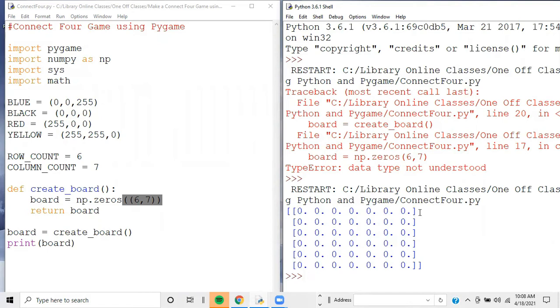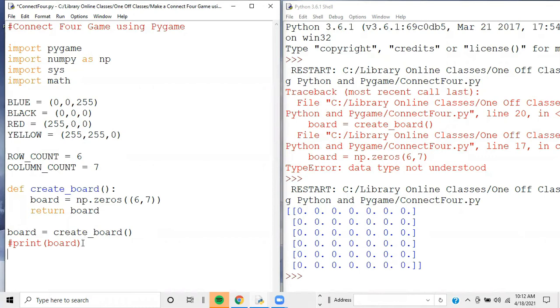So you can see our board is laid out this way, right? We have 7 zeros for columns, 1, 2, 3, 4, 5, 6, 7, and we have 1, 2, 3, 4, 5, 6 zeros for rows, right? Okay, and now I can just comment out this print. We no longer need it. We just wanted to use it for checking. So we have our board created,